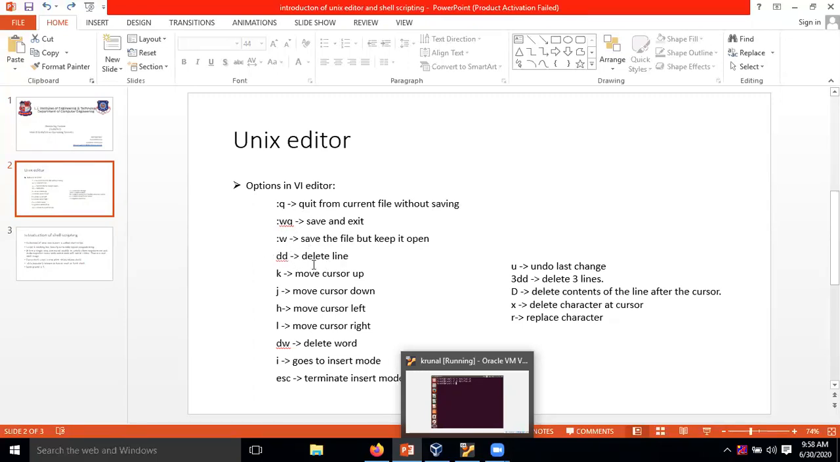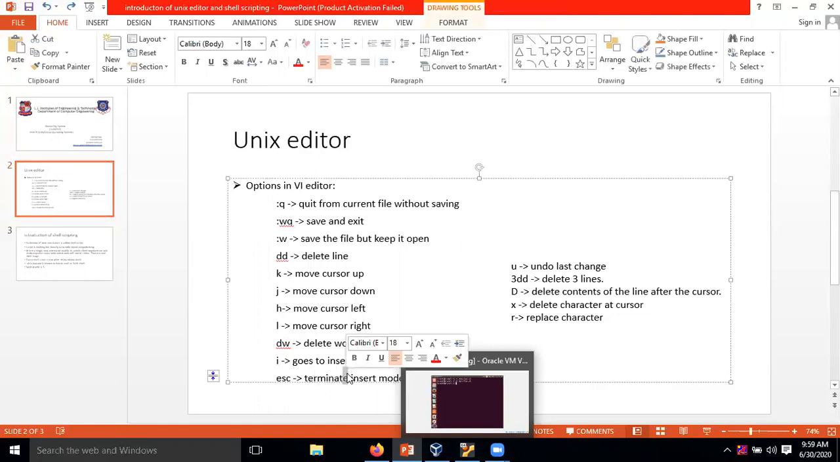We have discussed K, J, H, L. If you want to move the cursor up, down, left and right, we have seen that in the last session. If I want to go to insert mode, I will simply press I. And if you want to go back, or terminate from the insert mode, I will simply press escape. Okay,